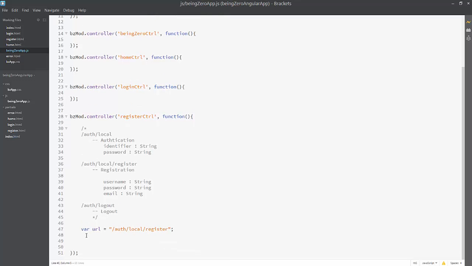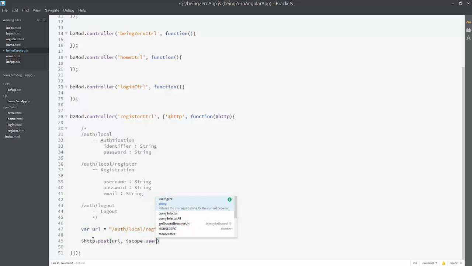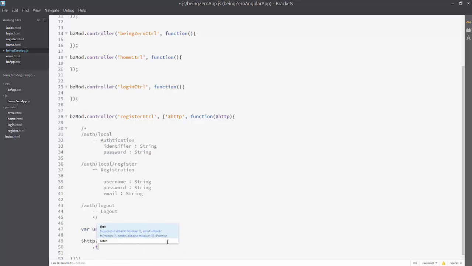Then I need to use the HTTP service of Angular in order to make a backend call. So I'm injecting HTTP here, and I'll also put HTTP over here, and I'll close this array. Now using HTTP, we need to do http.post, and we'll make a post to the URL, and we also need to pass the user object. Whatever user object we pass, that will reach the backend, and we will say then,